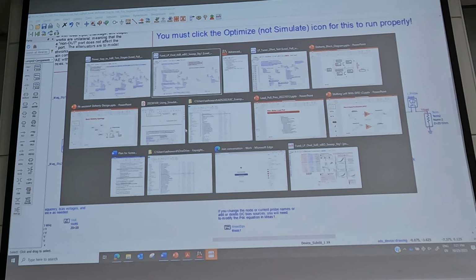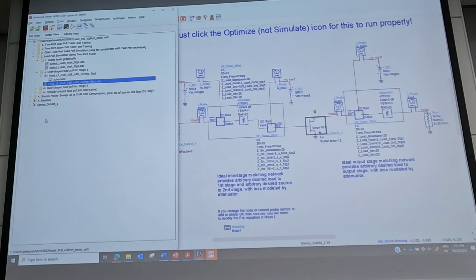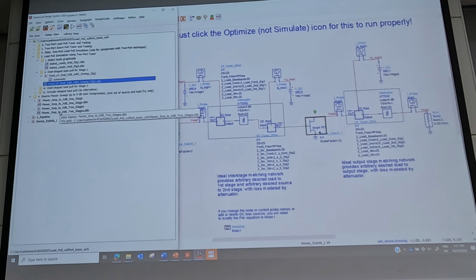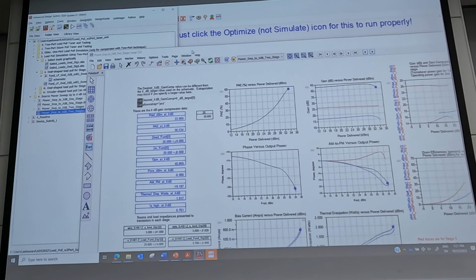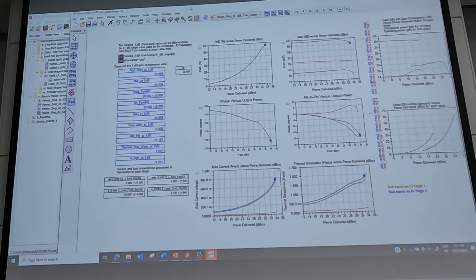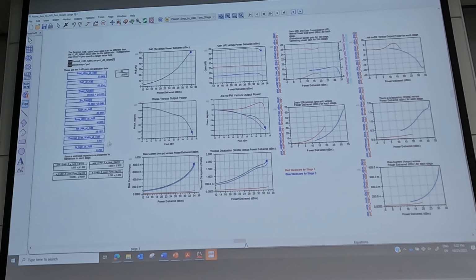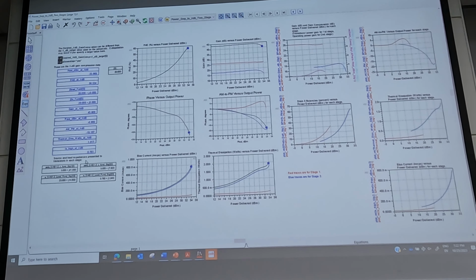So the results of a two-stage simulation look like this. In this case, I'm running a power sweep.